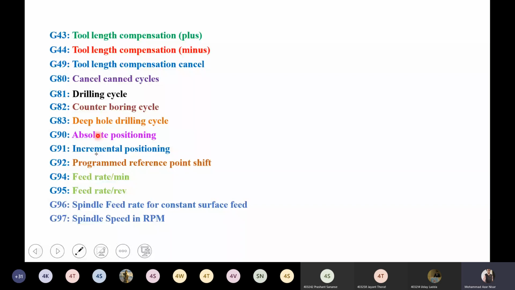Then next, G90. G90 is absolute positioning, and G91 is incremental positioning. So we will see what is absolute positioning and what is incremental positioning. Okay.